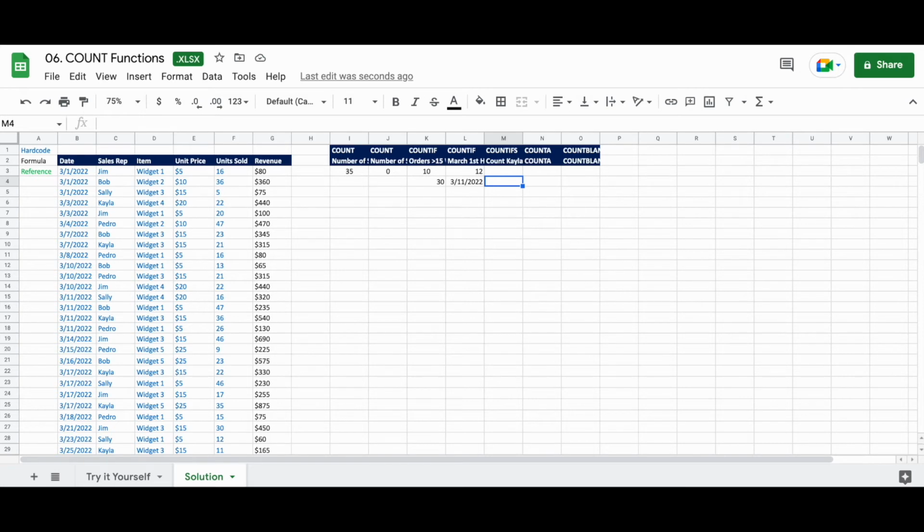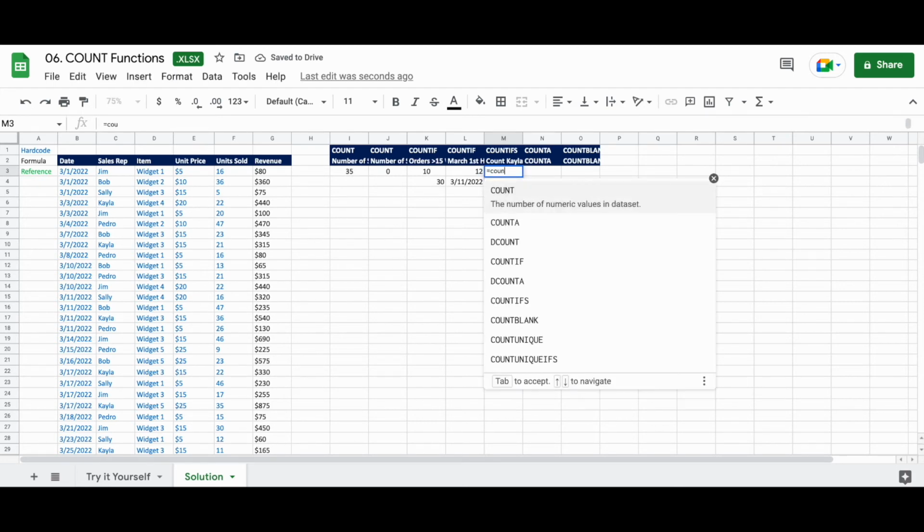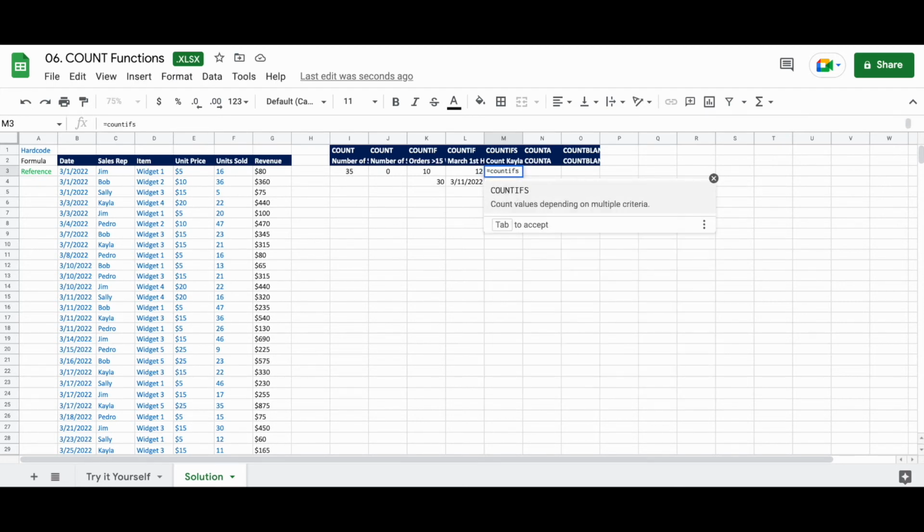Okay, so back to the spreadsheet. Let's say we want to look at the number of orders that Kayla made for widget 2. So in M4, we're going to put Kayla, and in M5, we're going to put widget 2. Now if we go up to M3, we're going to do equals COUNTIFs, open our parentheses, and then it's going to be C3 through C37.